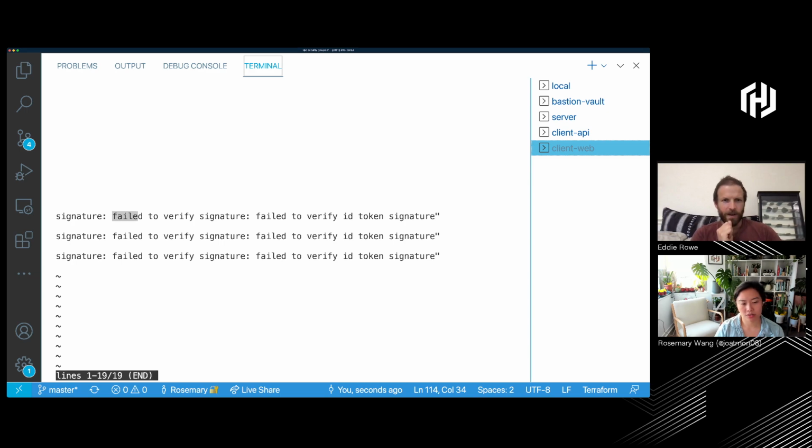Why would it fail to verify the ID token signature? There's three parts of the JWT, right? There's the header, the payload, and the signature. And the signature includes the two tokens, right? But it was generated by that. The issuer is that. So why would it